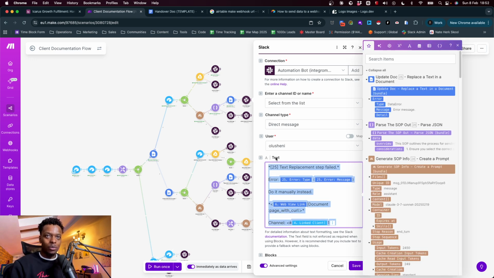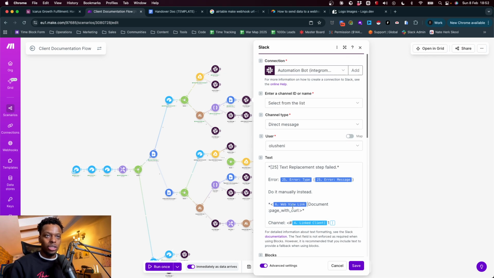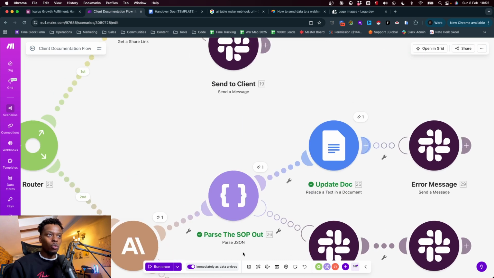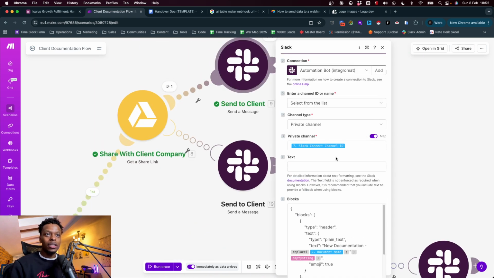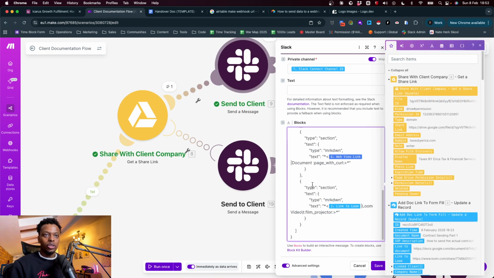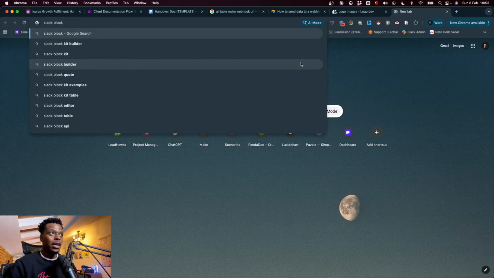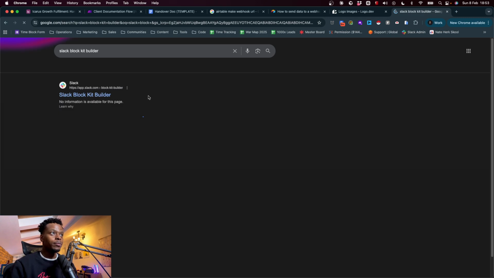And you can see here that we have a bunch of information here, which is inside of the text block. However, what we've done is we have created a block. So if I go into the Block Kit Builder for Slack, I'll show you what this is meant to look like. If I just type in Slack Block Kit Builder and then click here, it will take me to